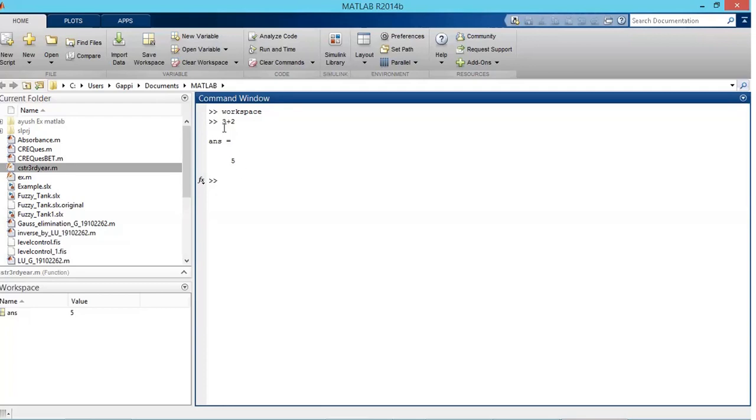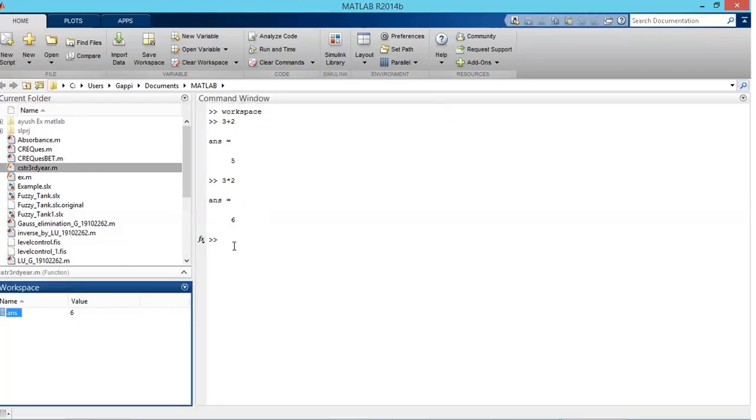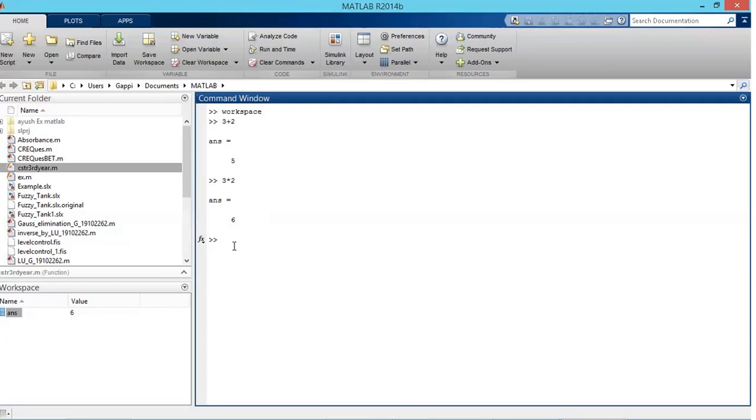Actually, I didn't give x is equal to 3 plus 5, so MATLAB gives you a dummy variable ans. If I write 3 into 2, then MATLAB changes the value in the same variable ans. So this is not the right way to do it. The right way is to define a variable name